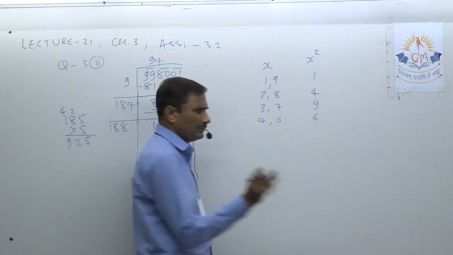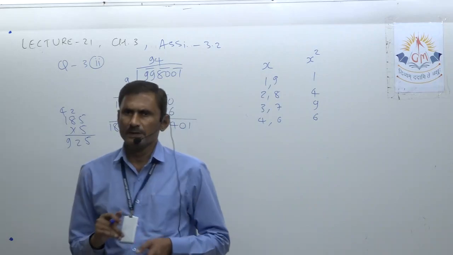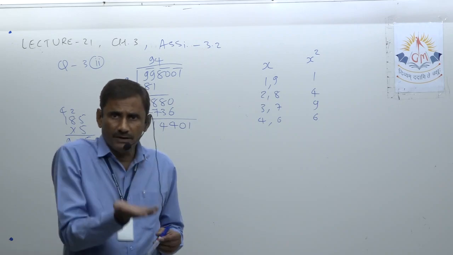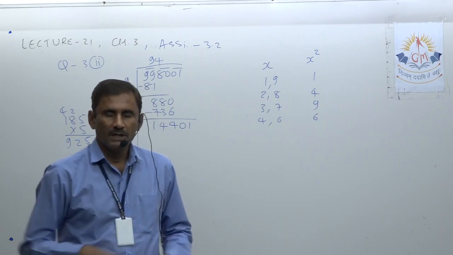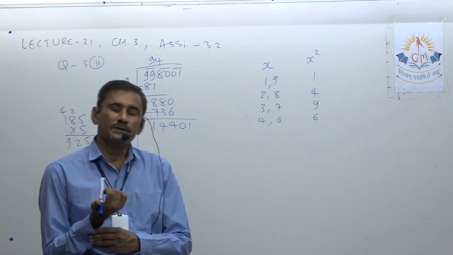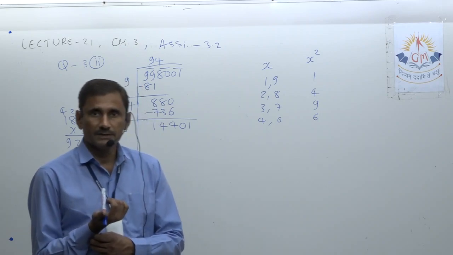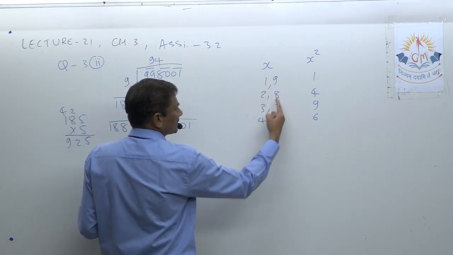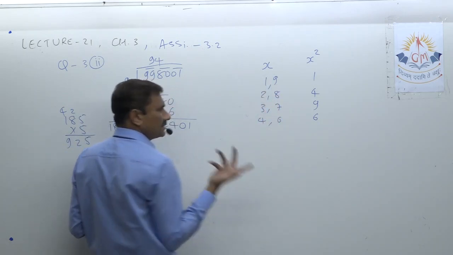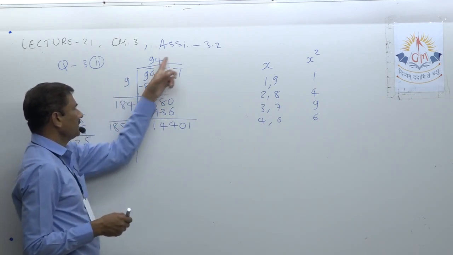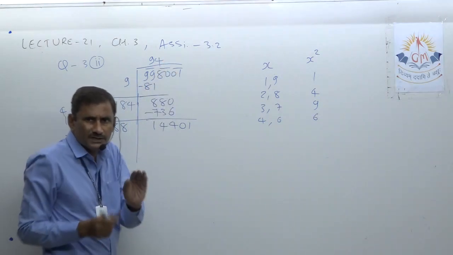In 5, 5 only, and 0, 0 only, that you know. If the last digit is 5, then the square's last digit is also 5. If the number's unit digit is 0, then the square's unit digit is also 0. And this is a very simple pair: 1 plus 9 is 10, 2 plus 8 is 10, 3 plus 7, 4 plus 6, you know. Okay. So here 1881 into 1, but it is not very small.